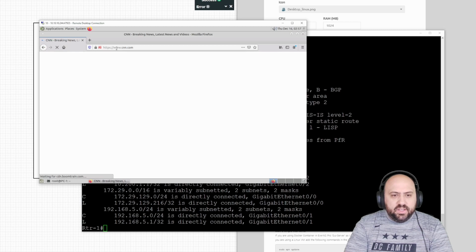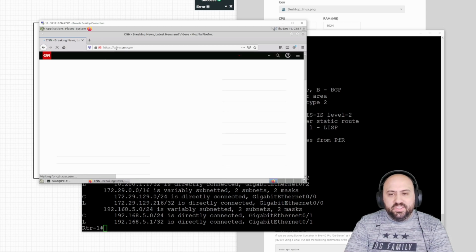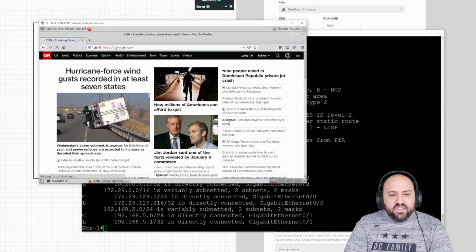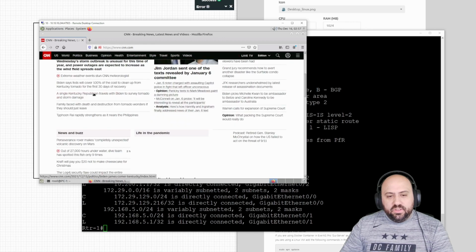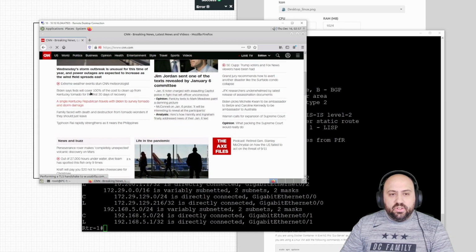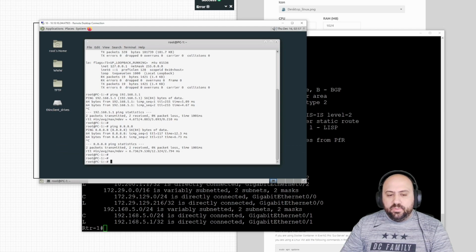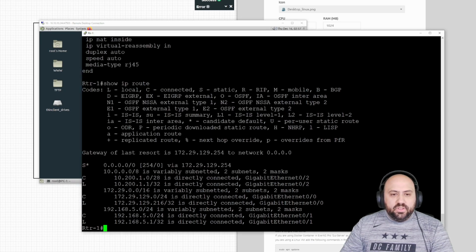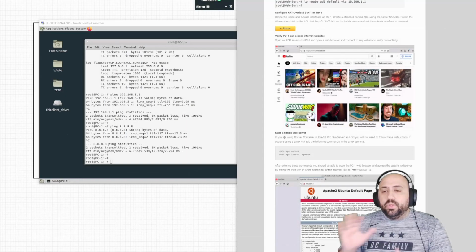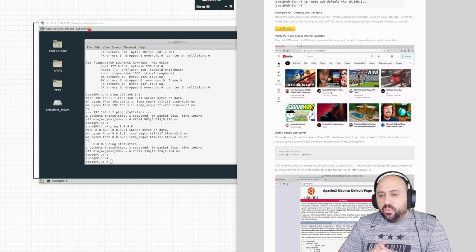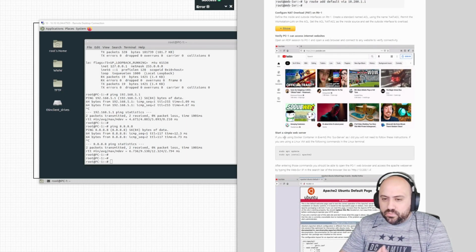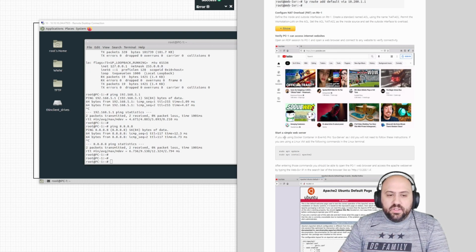It's not cached, but obviously this is a container, so nothing's cached. All right, so that's definitely internet access. PC1 now has internet access, right? So we're good. So we verify internet connectivity for PC1, and